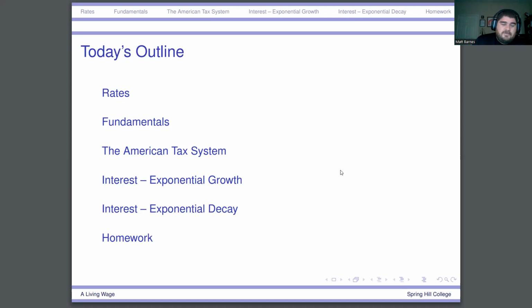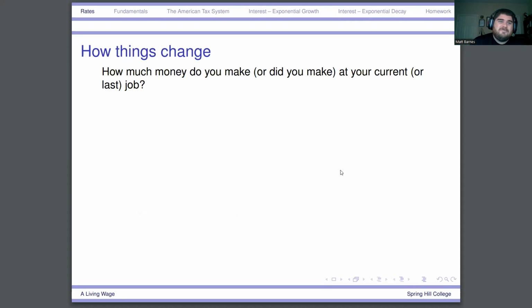Everything from, as we see here, our taxes, the basics of money, and then some more complicated things, exponential growth and decay, which is more or less anytime you put money in a bank or into a savings account or into any sort of investment, you're going to be doing some sort of interest that is going to affect how that money changes. So if you ask yourself the question, how much money did you make at your last job,